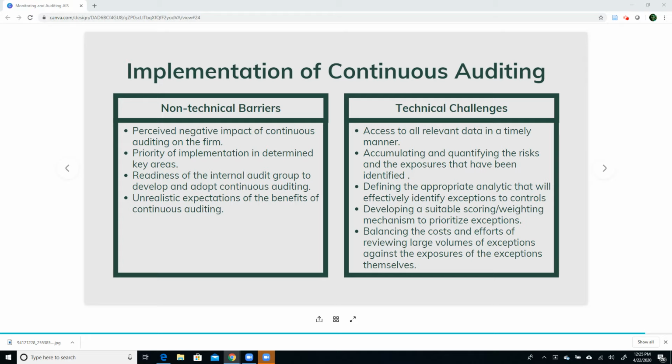Now, it is also difficult to accumulate and quantify the risks and the exposures that have been identified. You may have an actual transaction that is an error, and then you may try to extrapolate that into an assertion that somebody has committed fraud, or whether that is a typical thing that happens. So it's always difficult from just a few transactions to understand how everything is going to be affected